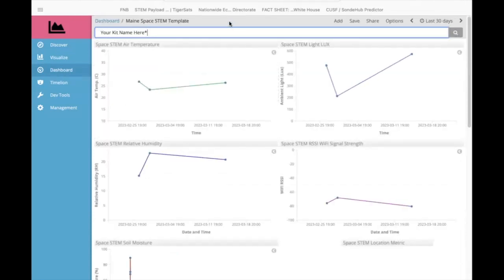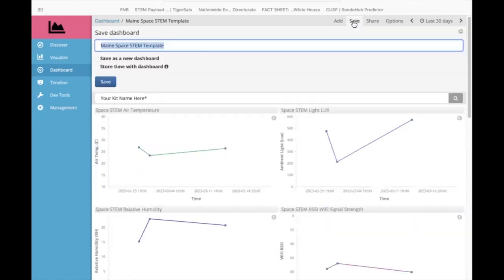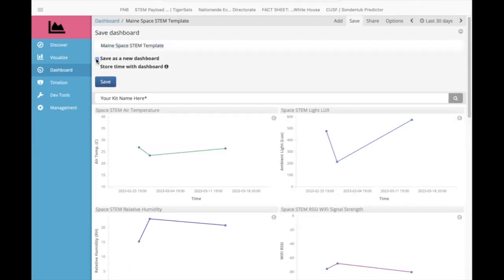You can see that this template asks you to insert your kit name here. The data that's displaying is really all over the place. So before you even do that, what I'd like you to do is go to save, and I cannot express this enough. You really need to save it as a new dashboard